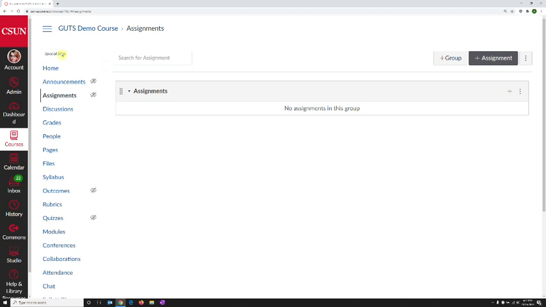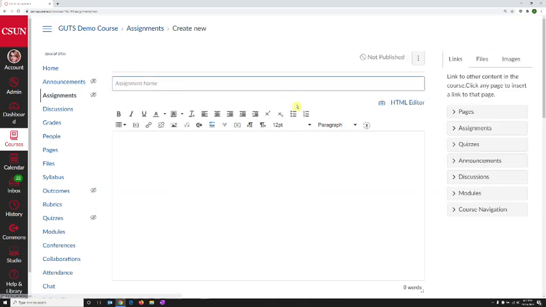And to get started in your course, you're going to click Assignments in the left-hand side menu. Once you go there, if you have no other assignments, this is what it's going to look like. And to get started, we're going to click on the plus assignment button on the top right corner of this page. Once we do that, we will be able to start entering the details for the assignment